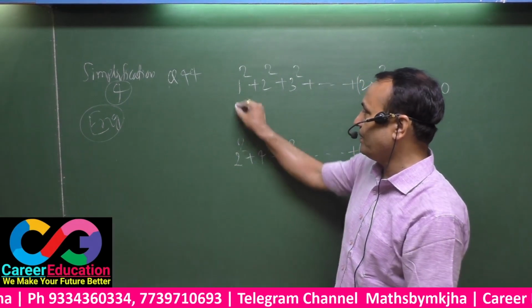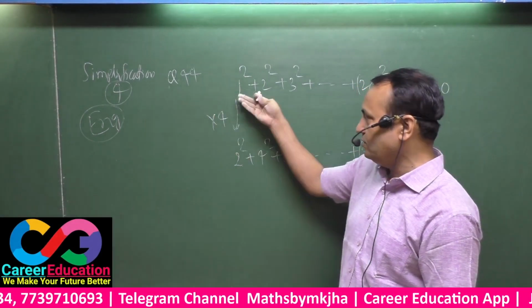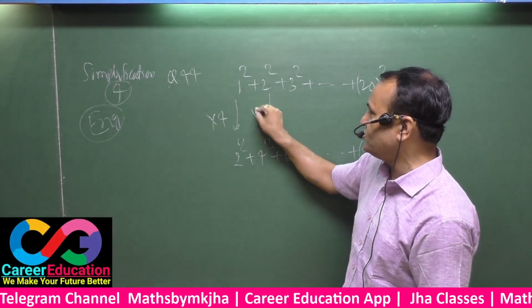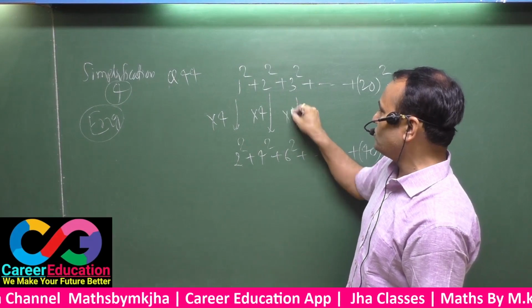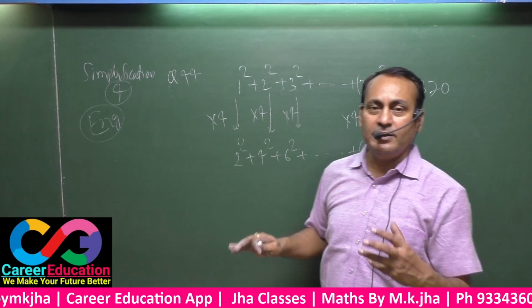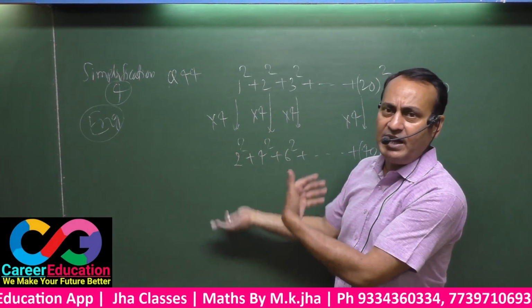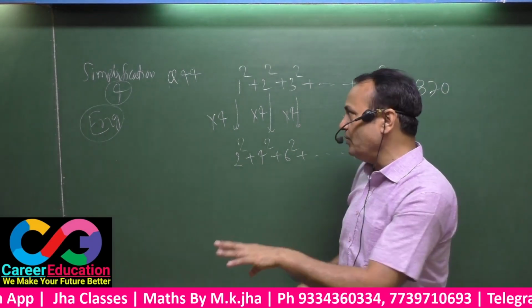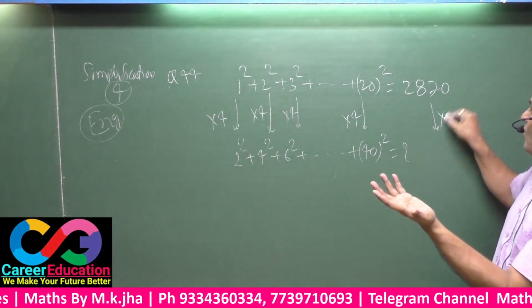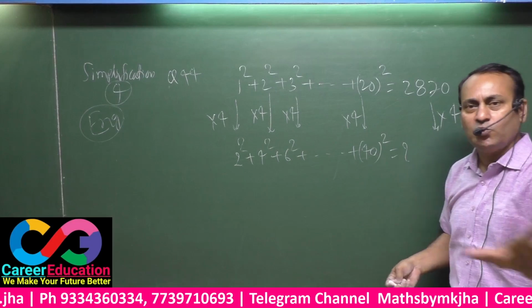See here. The first term is 1, the first term is 4. That means this is 4 times. Here also this is 2 square 4, this is 4 square 16. That means 4-fold. Here also 4-fold, here also 4-fold. That means in such type of questions, each and every term will be exactly the same fold everywhere. Each and every term is 4-fold here, so your answer will also be 4-fold. You have to multiply this only by 4. You will get the right answer. Nothing else to do.